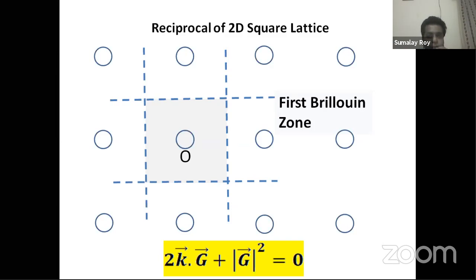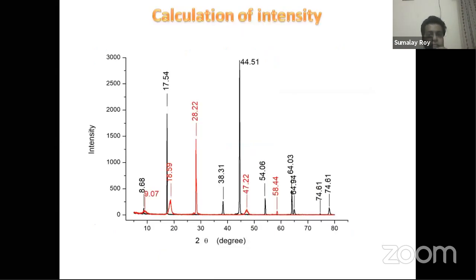Okay, almost my time is over. I have to discuss many more things which I didn't discuss, but I don't have time. A very important topic has been left. I have shown you this figure earlier from my lab. It is intensity versus 2 theta, an X-ray diffraction diagram. Up till now, what we have studied is the condition for diffraction, but none of them has discussed this Bragg diffraction condition, Laue diffraction condition.